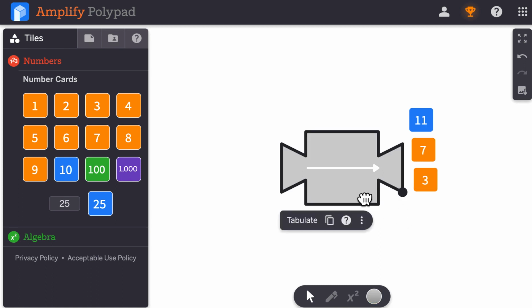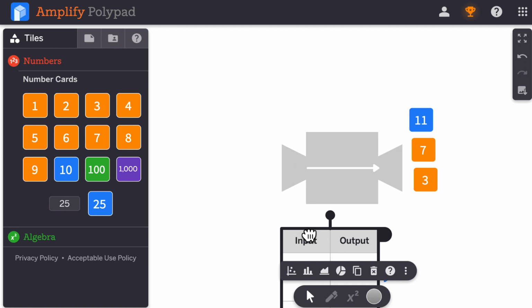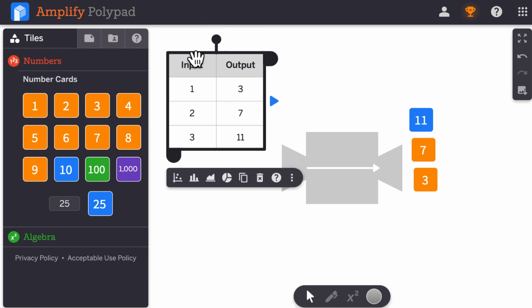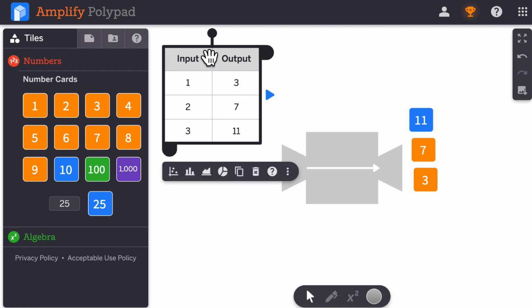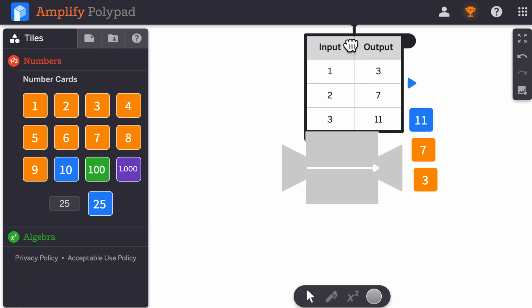But what I can do at that point is I can choose to tabulate. And what that will do is it will now organize those into a table. Now, it will only organize those into a table in the order that you put the numbers in. So if you don't put them in numerically, they're going to be mixed up. But you can help to start getting that idea of what might be a systematic way to choose numbers by doing this, and then take that a step further